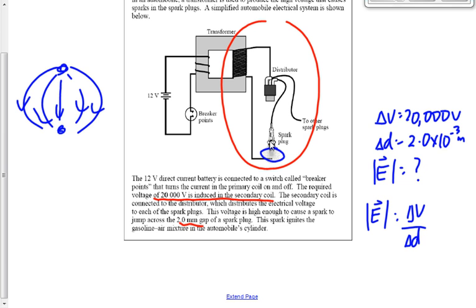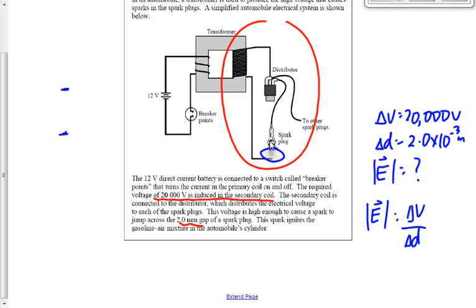Take a look at the spark plug gap. Here's the top of the spark plug. Here's the bottom of the spark plug. It's not quite two point charges. Are we going to get all of this stuff over here? Probably not. But with two parallel plates, you get the exact same thing. The edges that are non-uniform we call edge effects. But right between those parallel plates, it's a uniform field. As small as these parallel plates may be, over that very localized area, it's a uniform field,